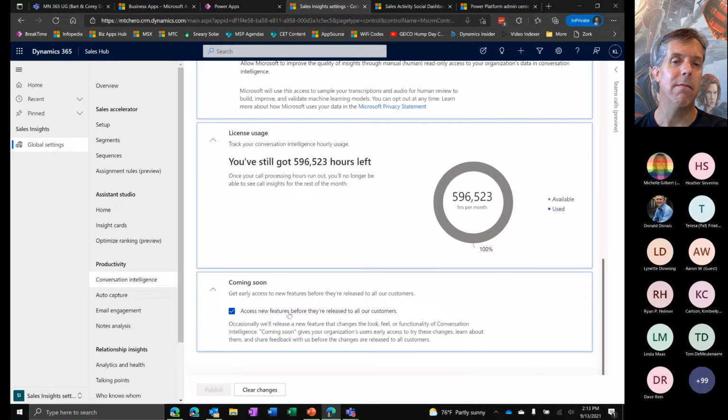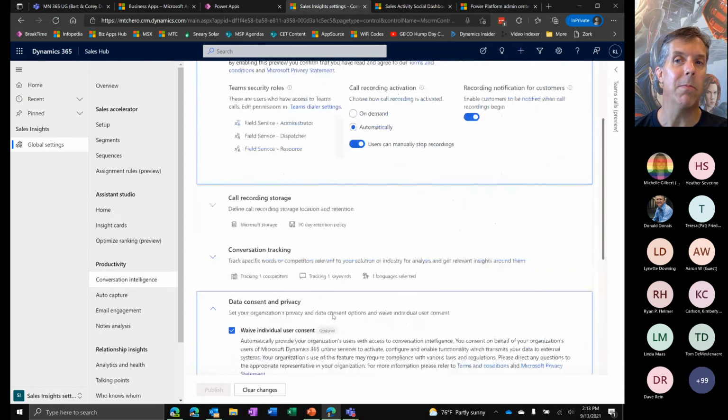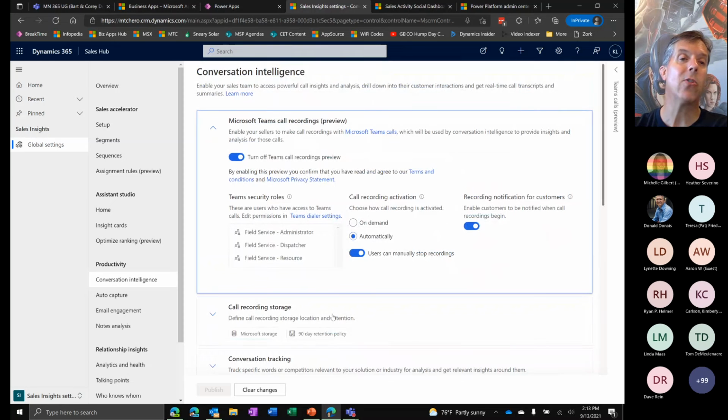And then if I want new features to show up when they're still in preview, which is the only way this would have worked because everything's in preview, I have to check the coming soon box. Once it goes generally available, if I want to see preview features in this org because it's a dev org, then I can have that box checked. And if I don't want to see it in my production org until it's generally available, I can uncheck that box. And those are sort of the configuration items that administrators just have checkbox ability to control for features in all of that analysis.